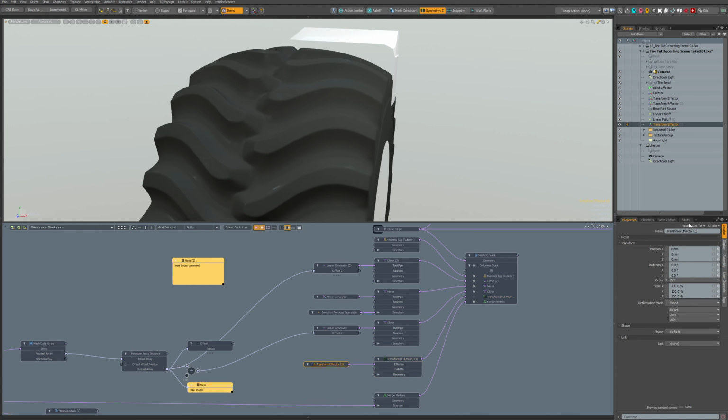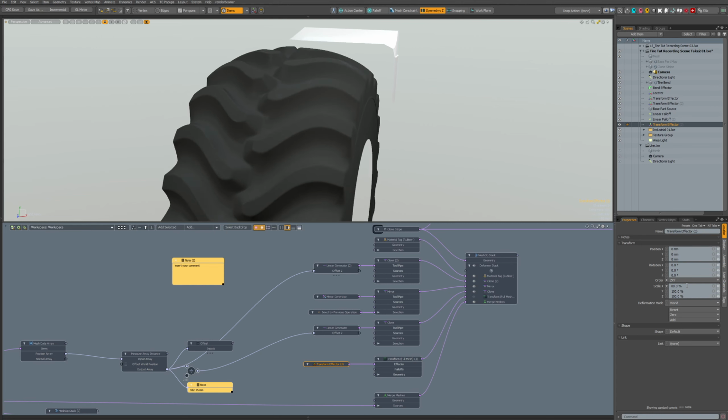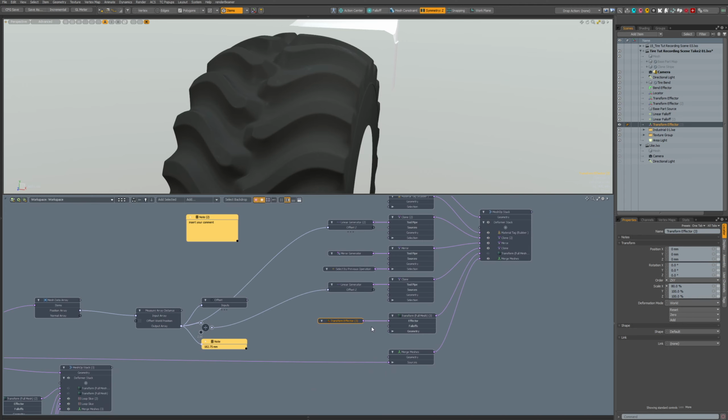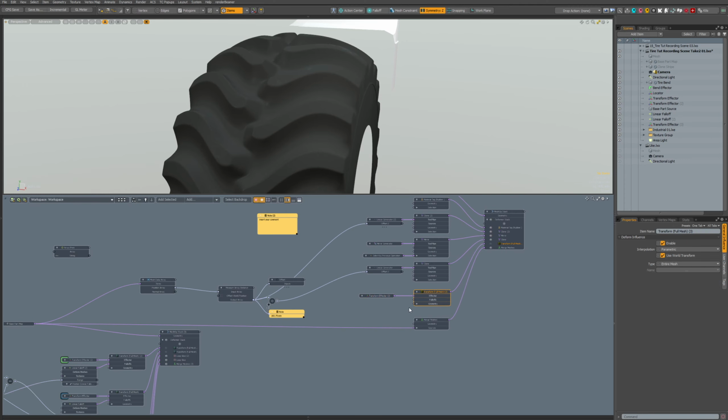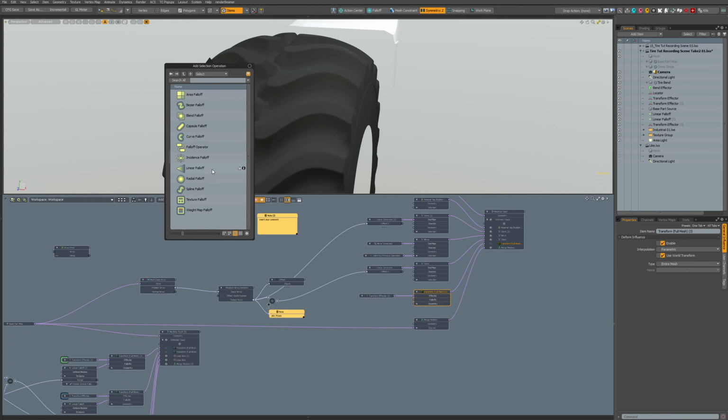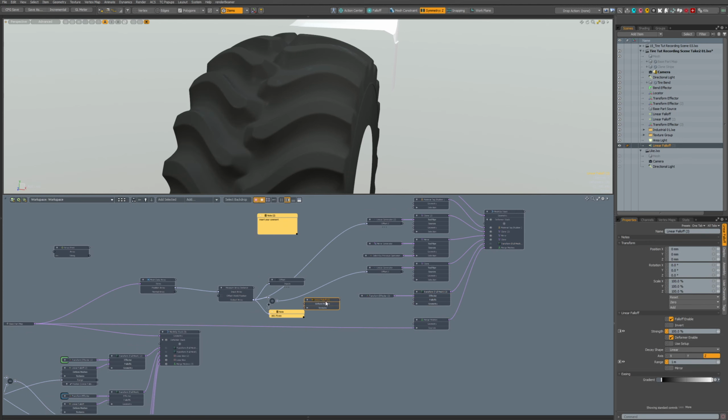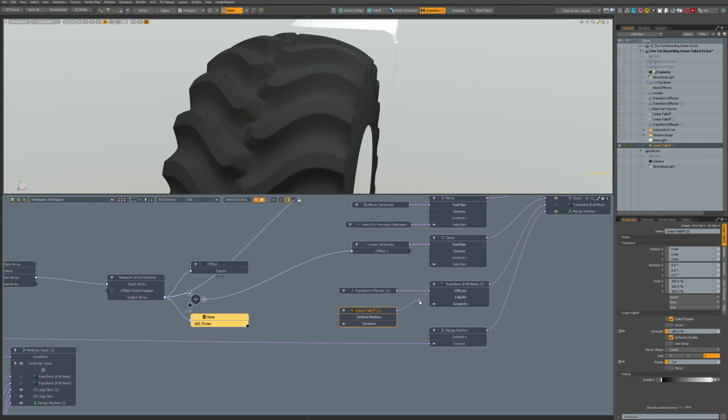So we scale it in X direction, let's say. If we make it smaller, then it's easier. So it could be like 80%, like this. And then you fall off to ease it out. So we need a linear fall off. Let's go there, linear fall off, and add it here.